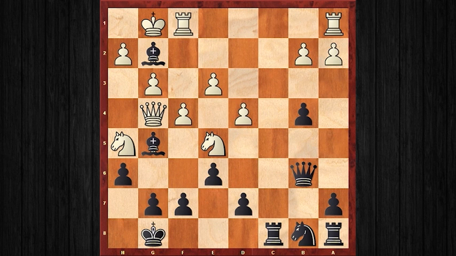Black has a strong response, f5, and here comes a variation starting with a queen sacrifice, f takes g5, f takes g4, and white can play, for example, rook f7 with drawing chances. White can easily draw the game, but instead of